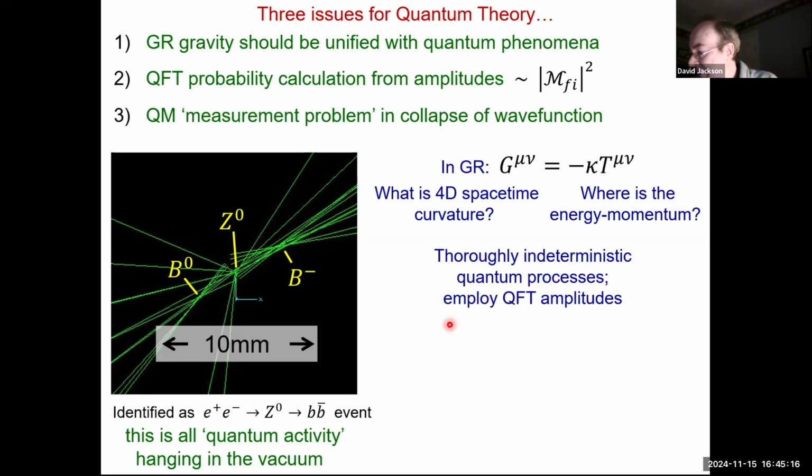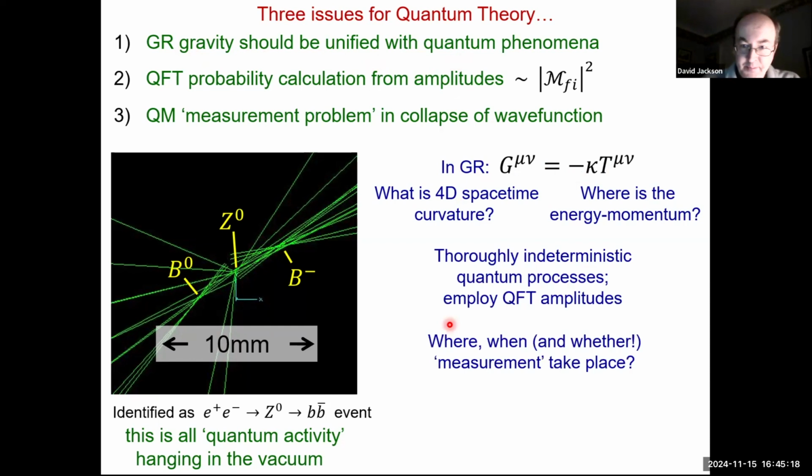I think one thing that's a little bit underappreciated about these events is the measurement problem, because as I said, the nearest detector elements are way out here somewhere. So in the double slit experiment, you basically record one hit and you're done with the measurement. Here you record thousands of pieces of information. It might be a year later until you fully calibrate your detector and actually reconstruct these things. So figuring out what's going on inside these events, I think, is very interesting from this kind of quantum gravity